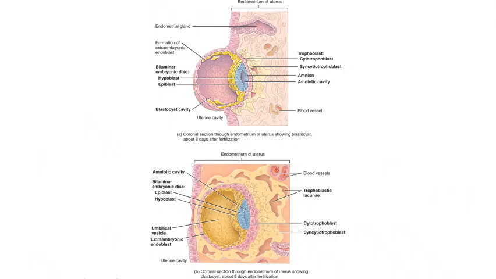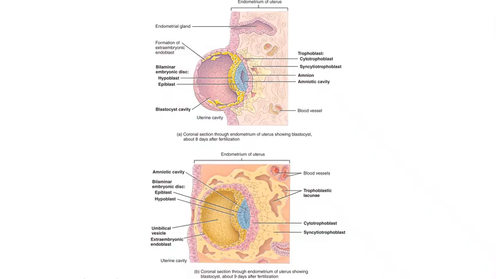About 8 days after fertilization, the trophoblast develops into two layers in the region of contact between the blastocyst and the endometrium. These are the syncytiotrophoblast, which contains no distinct cell boundaries, and the cytotrophoblast, between the embryoblast and the syncytiotrophoblast, which is composed of distinct cells. The two layers of the trophoblast become part of the chorion, which is one of the fetal membranes, and they